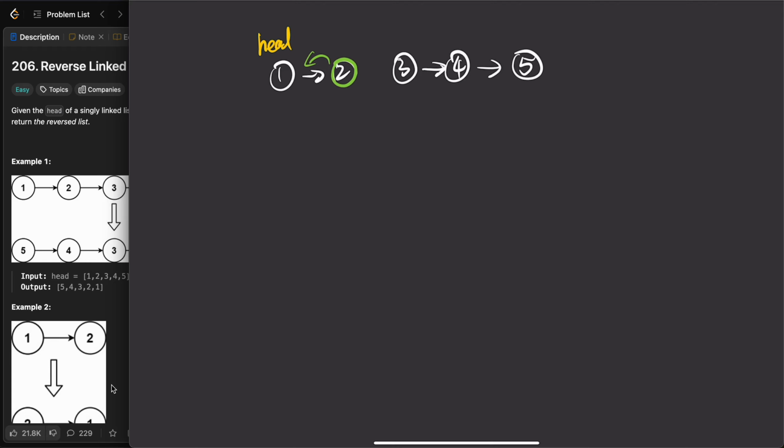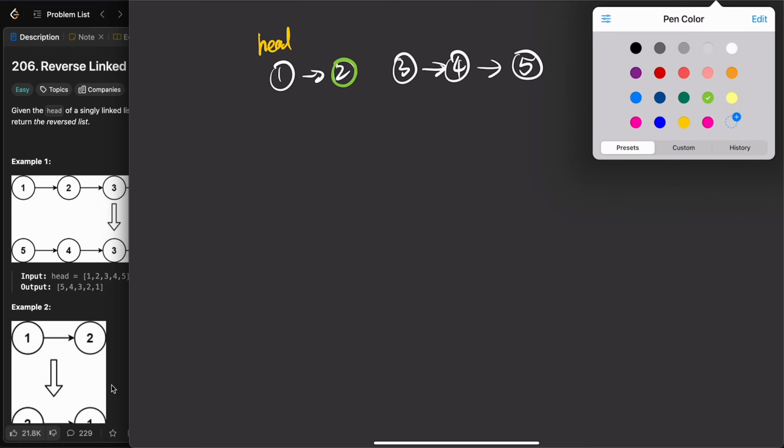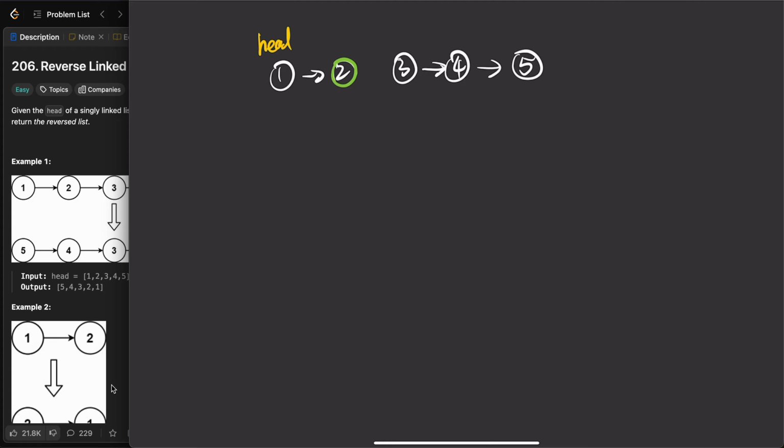So now what we do, before we point back, we have to have a temporary next node to keep track of it, right? Or probably we can just say next node here, keep track of it. After we have this, oh wait, let's take a step back, because the first thing is